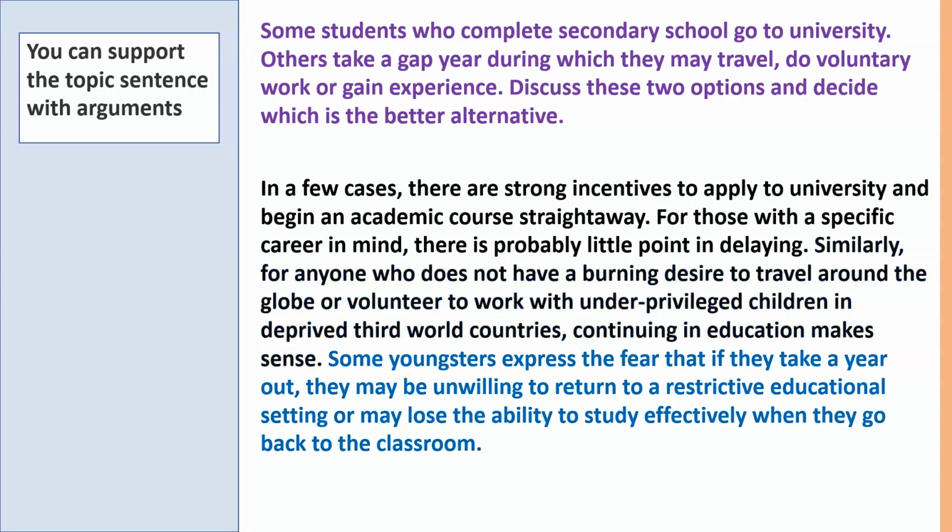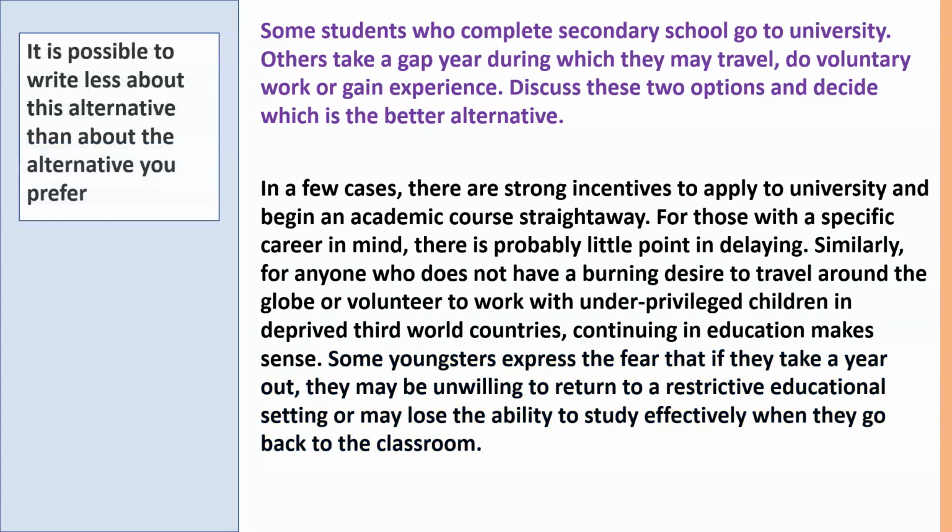You can see that we've used various arguments to support this. Your arguments can have further support or explanation, or they can just be a single sentence. It is possible to write less about this alternative than about the alternative you prefer. So we haven't really done that here, but if you want to indicate that you prefer one of the alternatives, then you can start by writing about the other one, and you can have a slightly shorter paragraph or fewer